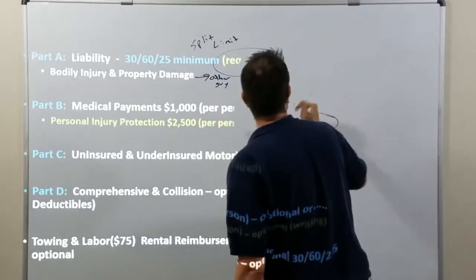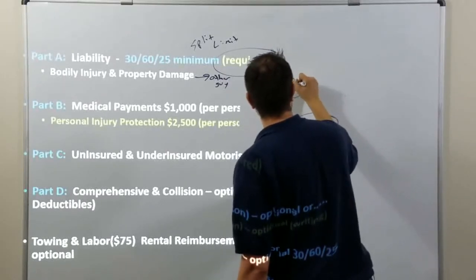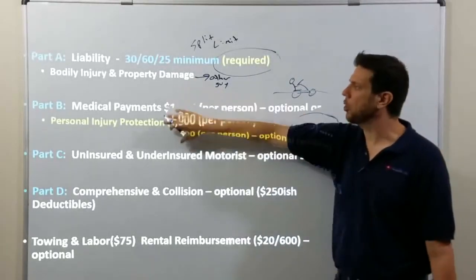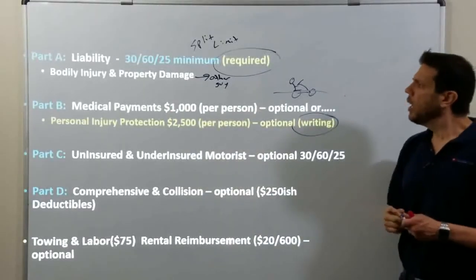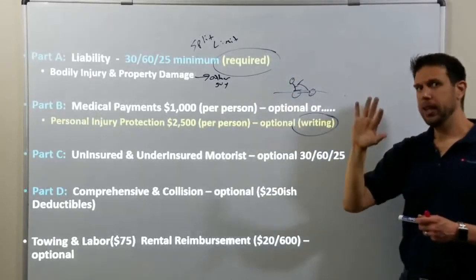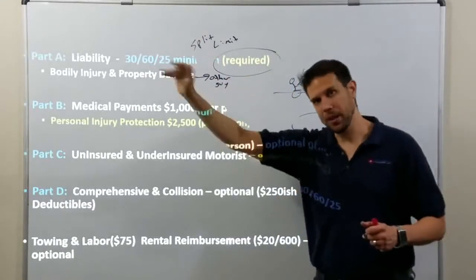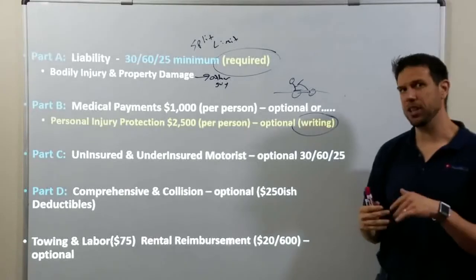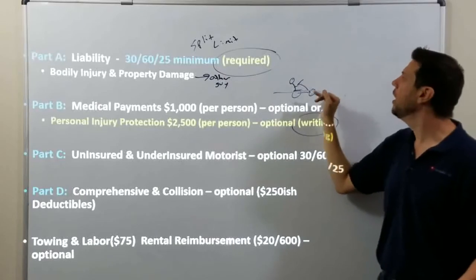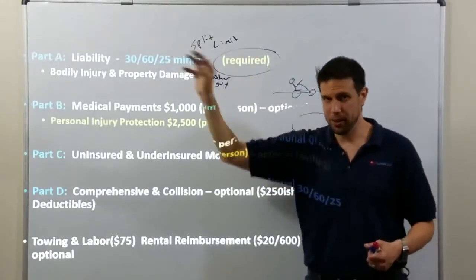Medical payments and PIP also cover you if you're riding your bicycle, I don't know how to draw a bike, and a car hits you. You can file under your medical payments and PIP. Medical payments under auto insurance pays you. Under property insurance, home and business, medical payments paid other people. So please make sure that you understand the distinction. When you talk about auto insurance, medical payments pays you, the passengers in your car, and if you're struck by a car. But in property insurance, medical payments will pay the other people.